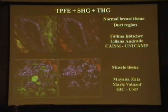The nice thing about third harmonic generation is that it can show the nucleus. And for pathology, that's very important information. The nucleus and their localization here. So that's normal breast tissue here, and you can see with red the second harmonic, the collagen fibers, and this is the